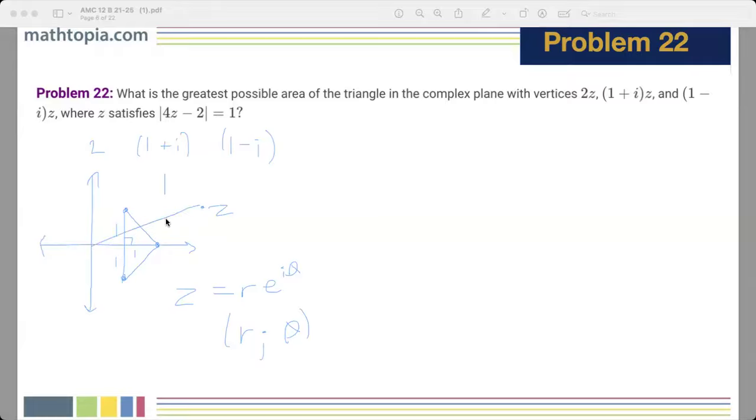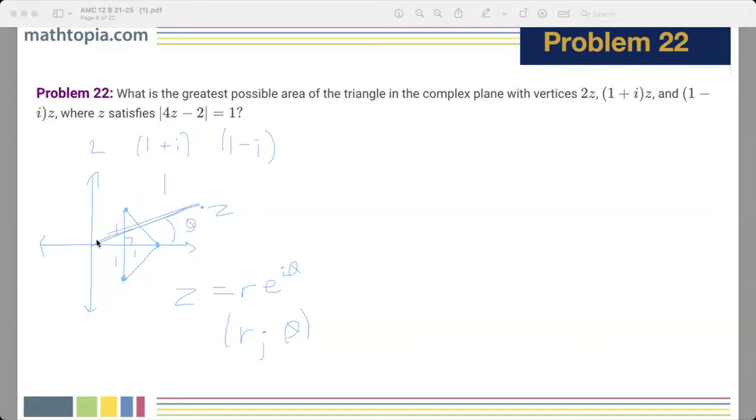And then it also has this theta here, which represents a rotation around the origin. So when we're multiplying complex numbers together, you scale the distance of the complex number by the distance of the other complex number, and you also rotate it by the argument of the complex number. So basically, what's going to happen to this triangle here is it's going to get scaled